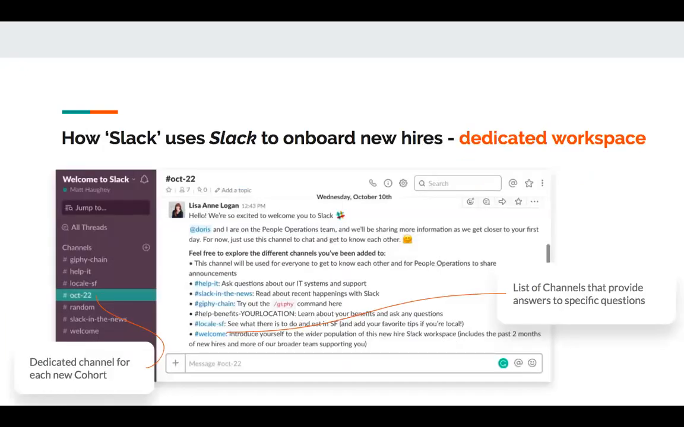Now we would be visiting how Slack uses Slack to onboard new hires. So Slack is a big organization, and what Slack does is that Slack has a dedicated workspace for all of the new hires. Now, for each of the cohorts, they would have multiple channels within this workspace, and the new hires can go ahead and visit those channels and get their questions answered, or just review the questions that the previous hires have asked, right? So they split the workspace into channels that provide a bunch of things to the new hires that they want